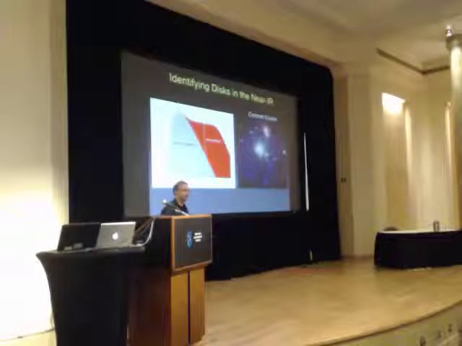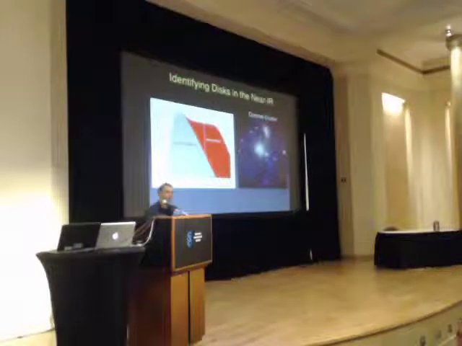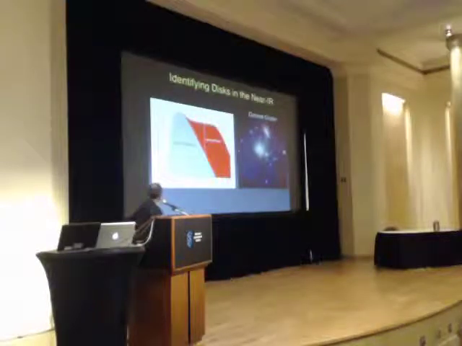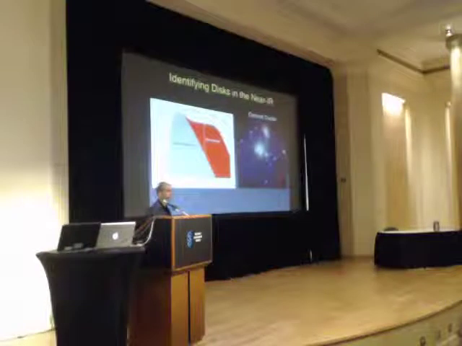But I think it's useful to review how those timescales are derived and what the limitations are of what we can infer from that type of data. This is just a schematic of a spectral energy distribution, plotting energy as a function of wavelength. The gray shows the stellar photosphere, and the red shows the emission from the circumstellar disk as it absorbs the stellar radiation and re-emits it in the infrared and submillimeter wavelengths.